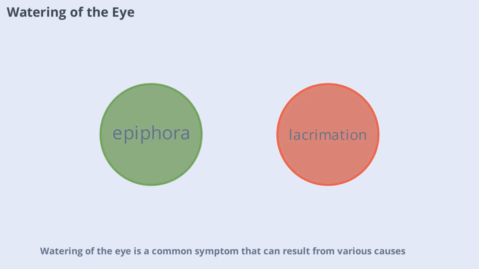Watering of the eye is a common symptom that can result from various causes. Two key terms are often used, epiphora and lacrimation. Epiphora refers to watering due to an obstruction in the tear outflow pathway, while lacrimation describes excessive tear production by the lacrimal gland. Understanding the difference between these terms is important for diagnosing the underlying issue and determining the appropriate